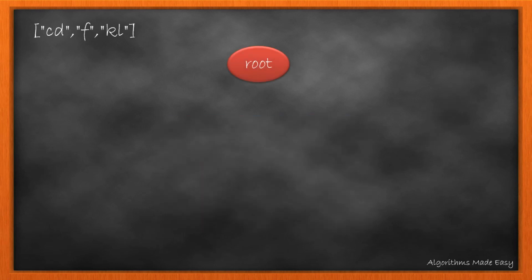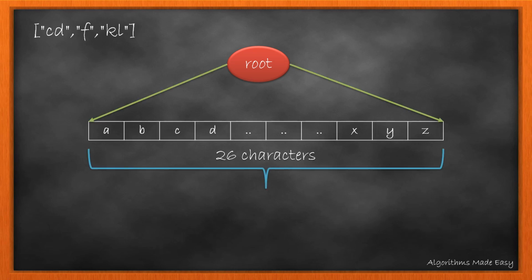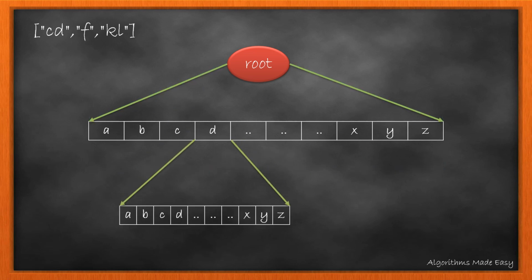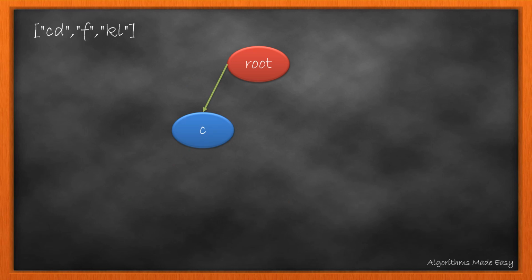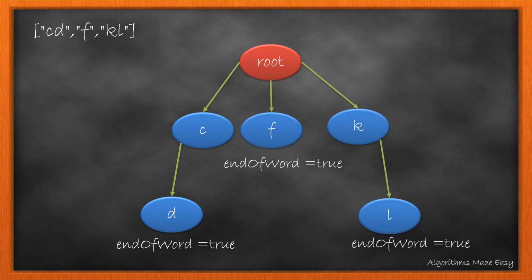Every trie has a root node. Inside this root node, we will have an array of 26, as only lowercase characters will be present in the words. Now with every character, there will again be an array of 26. This is the basic structure of a trie. We will also have a flag to signify the end of the word. Working with the same approach, in the case of the first word, we will store the value at C position and then inside C at D position. We will also update the end of the word flag for D. Similarly, we will do it for the rest of the words, and this trie will be generated.